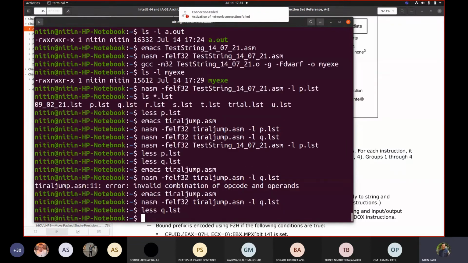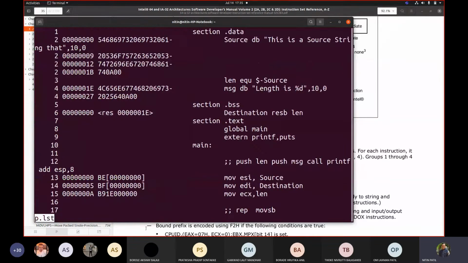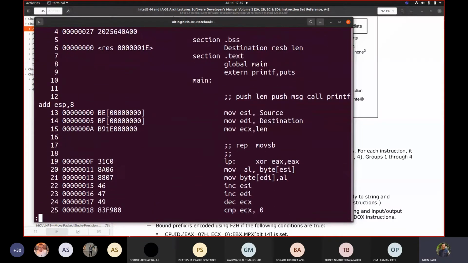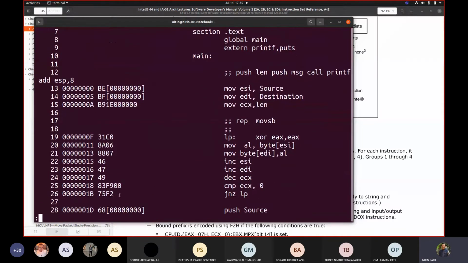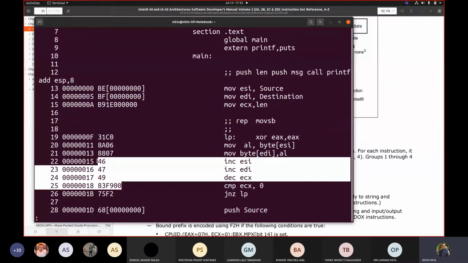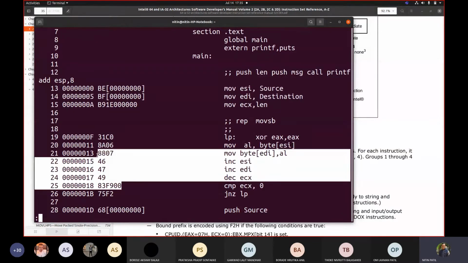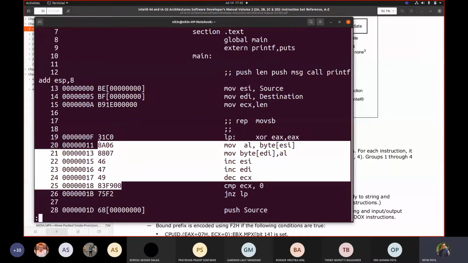Correct? But now if I talk about this earlier case where it is p.lst, let me see now. Okay, so let us see this code. So if I see here, 1, 2, 3, 4, 5, 6, 7, 8, 9, 10, 11, 12.